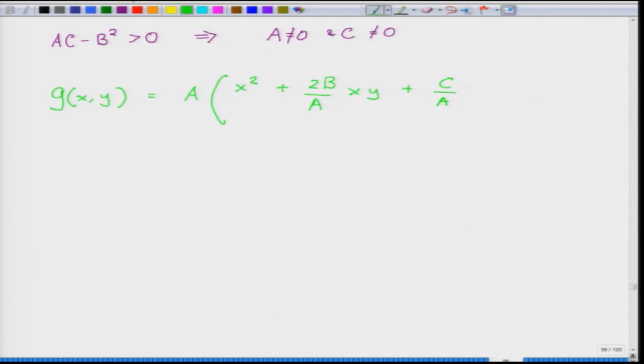Now, you can do all these square completions, subtract something, add something, which I am not going to do because I think you should be able to do this yourself. I am sure all of you know this much of math. Those who are observing this course should have a little bit of inkling of what is going on. So, this is what I have at the end after doing the little manipulation. Add, for example, b by a y square here, and subtract b by a y square again, and then you have this.